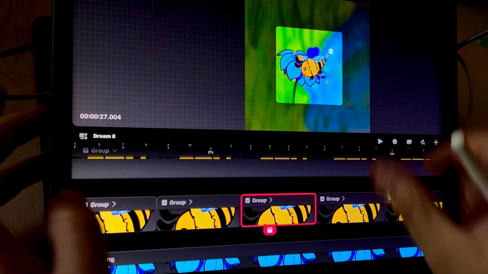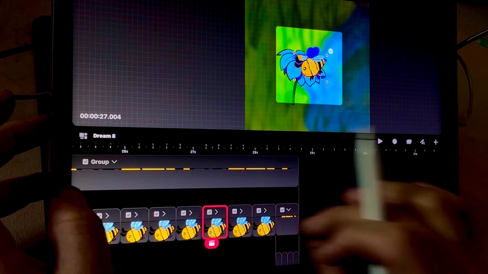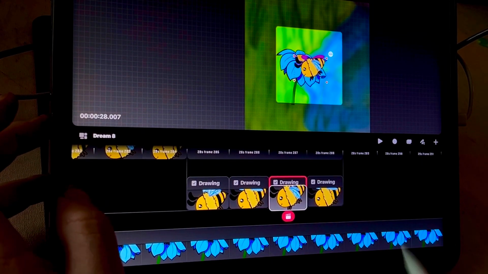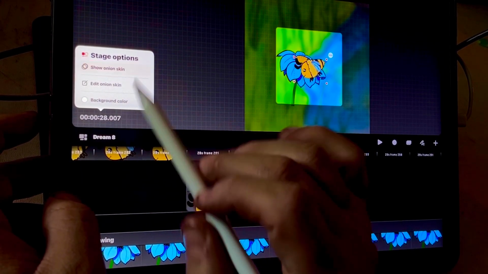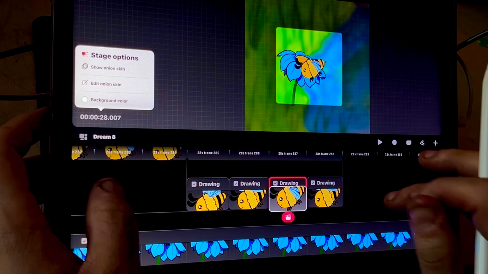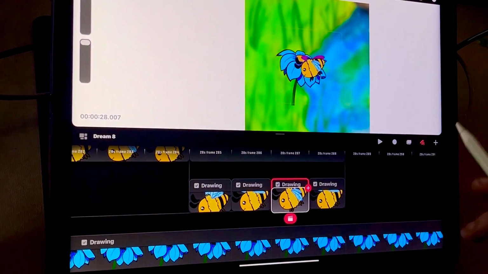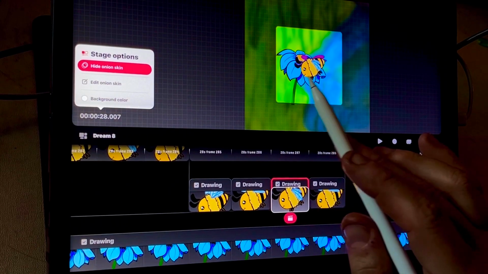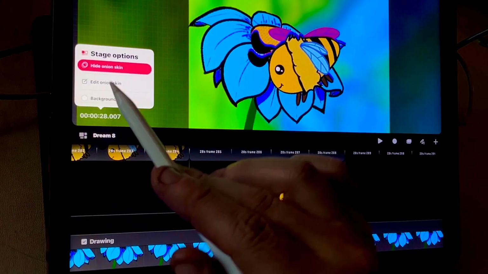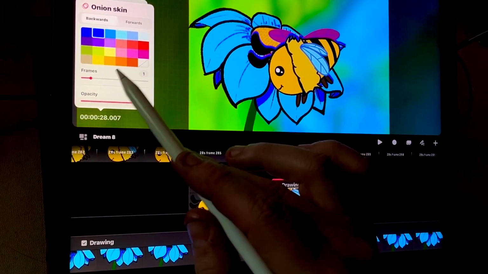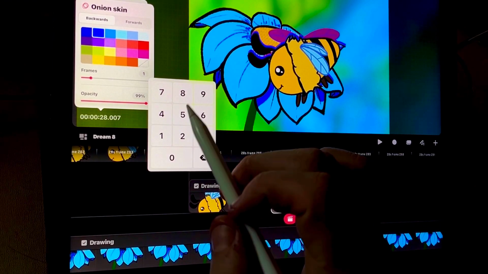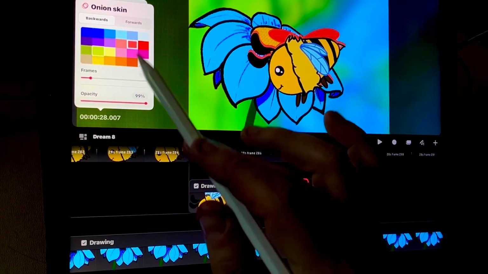The way I decided to do this bumblebee is to physically move the frames up and down. So you want to hit the timestamp to get the onion skins. When you're in stage mode like this, you don't see it right away. Usually you do if you're in drawing mode like this. And now you'll be able to see it in here. And just like you would typically go into edit, you can see backwards and forwards. You can set how many frames you want to see, and then also change the color